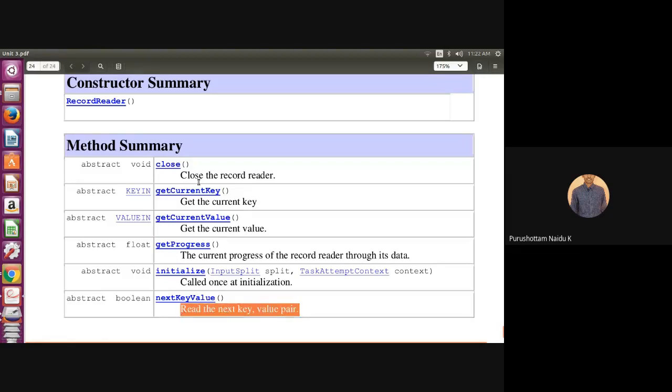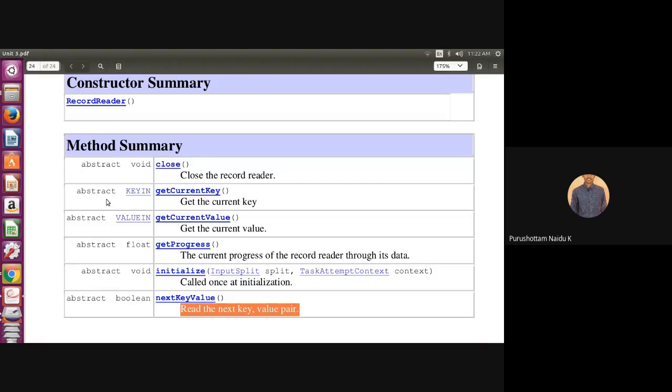So these are some of the methods we have in RecordReader: close method, getCurrentKey method, getCurrentValue method, getProgress method, initialize method that is used to initialize the RecordReader, and to get the next key value pairs, we use the nextKeyValue method.